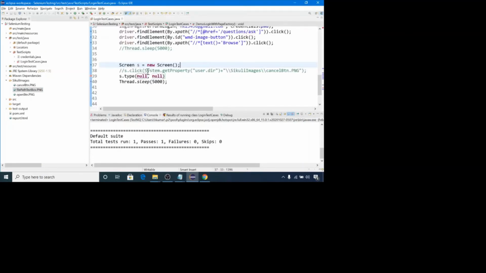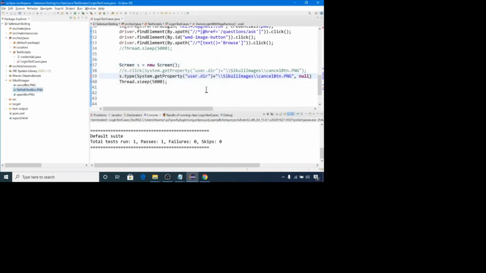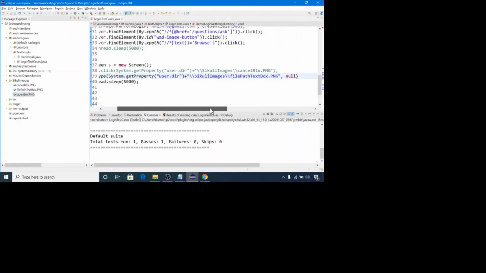So we will just copy this path and paste the file name. Our file name is file path text box. Let me copy the whole path and place it here. Now let's suppose we want to upload this open button.png file, so I will pass the path of this file.